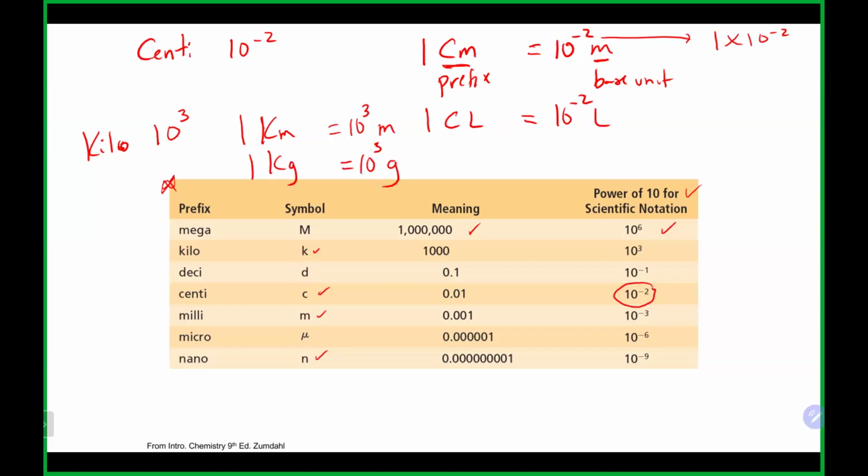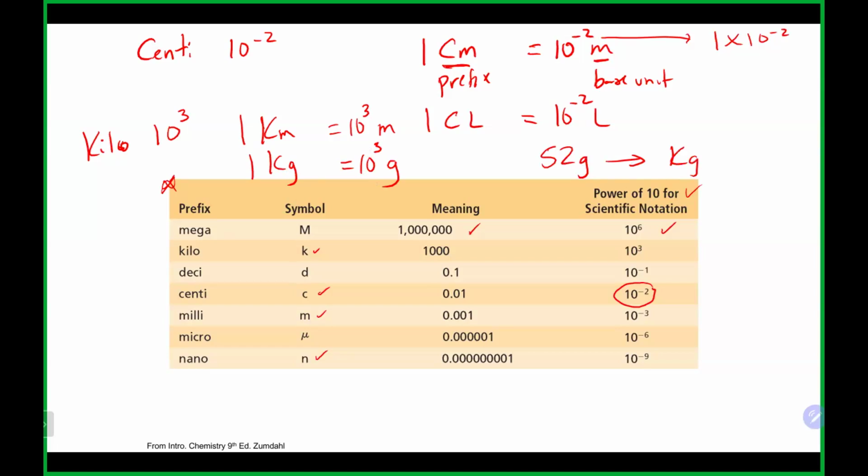So again, people always want to go, for example, 10 to the 3 kilograms is 1 gram, and kind of always do it backwards. So you want to make sure you don't do that. So for example, if we had 52 grams and we want to know how many kilograms that was, we would set this problem up, and we'll talk more about it later in this chapter as well,